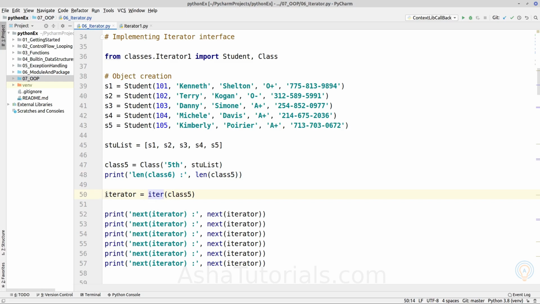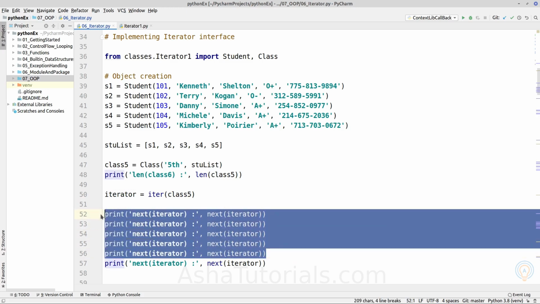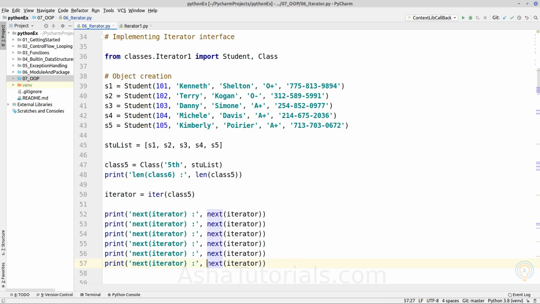Now we will call next on the iterator object retrieved from the class object. It will return one student at a time when the next method is called, and when the elements are exhausted, on the last, sixth next call, it should raise StopIteration error.